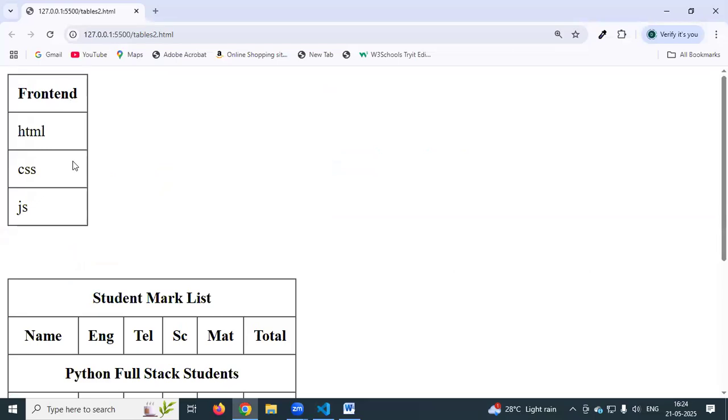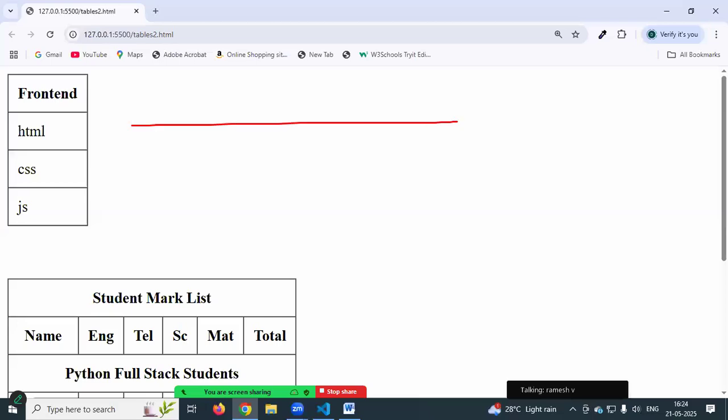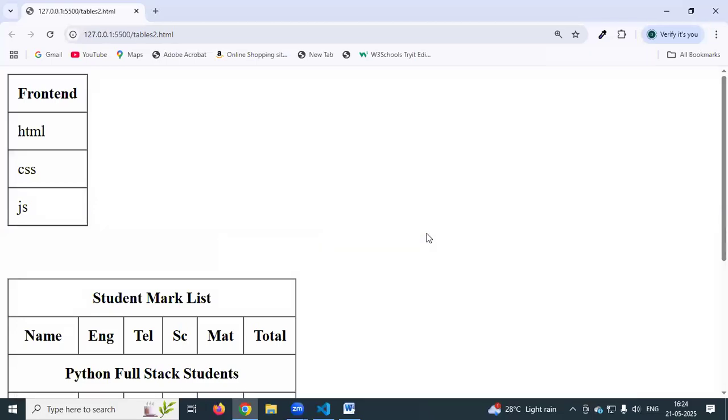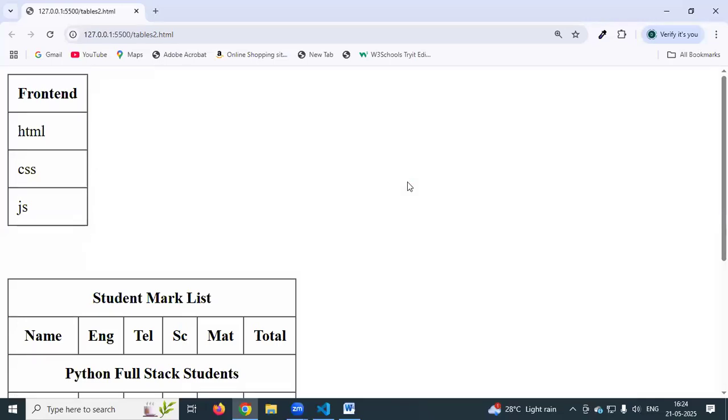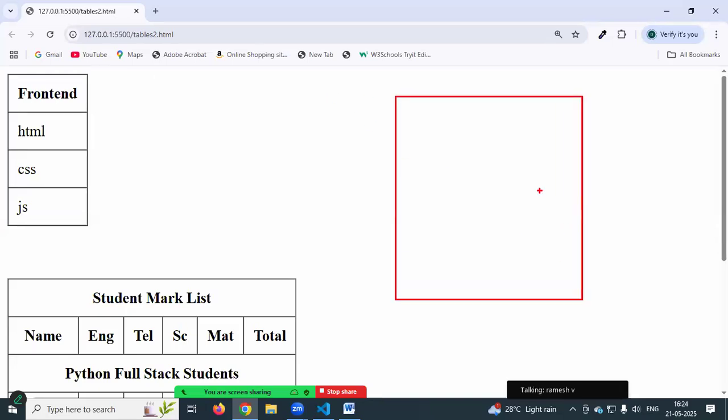How many rows? 4 rows are there, right? These are rows. How many rows are there? 4 rows. 1, 2, 3, 4. Okay? I want to display the output like this. See, I want to display the output like this. Same HTML,